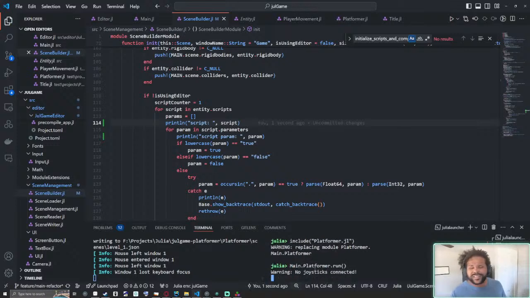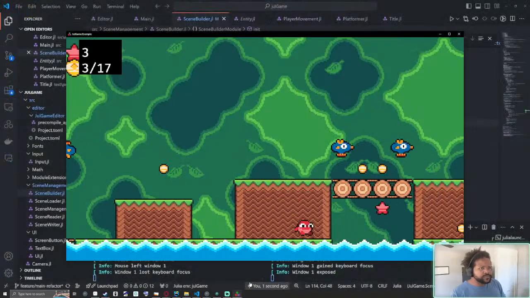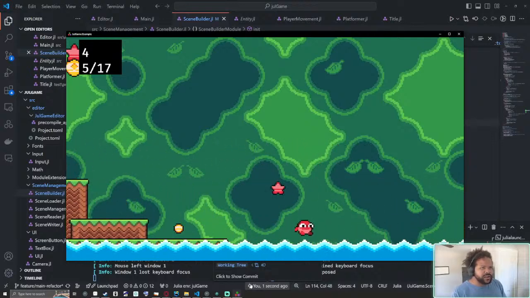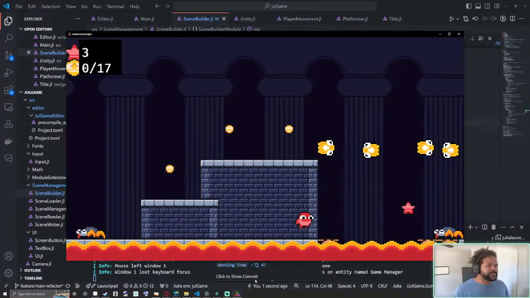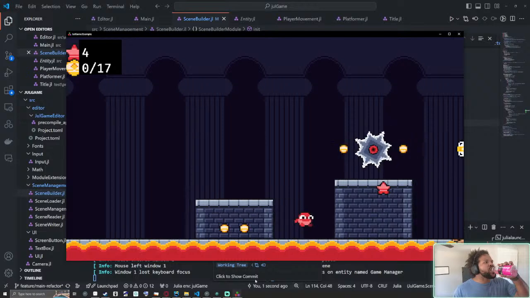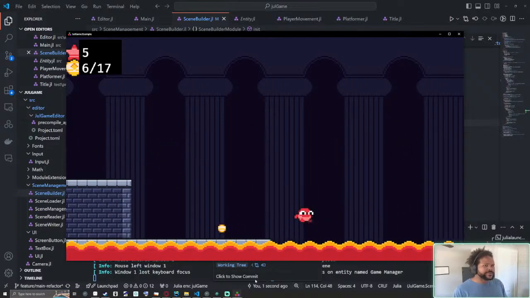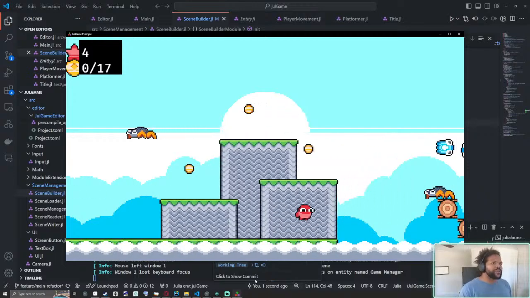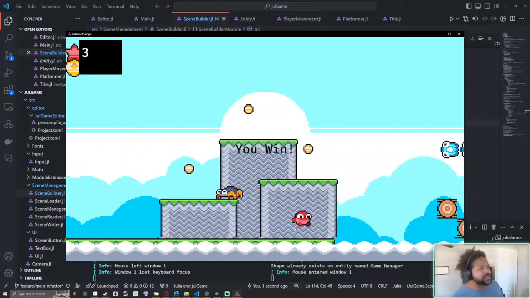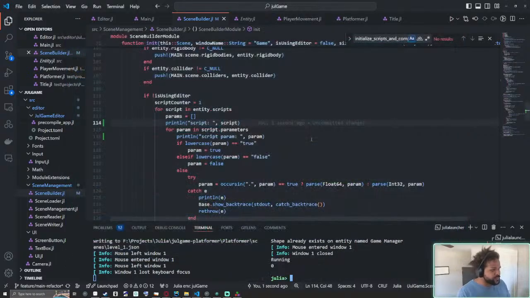Okay, let's see. It only initialized the one script. But why is he not jumping so high, or that high? Oh, I probably changed the value. Okay, that makes sense. Okay, so why when we change scenes